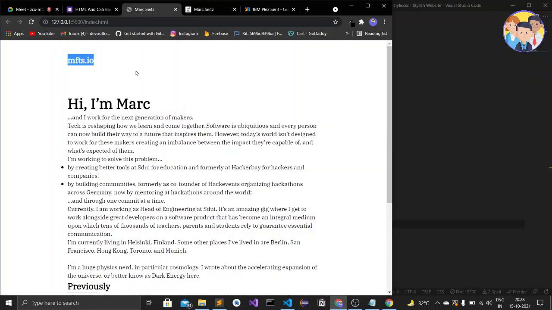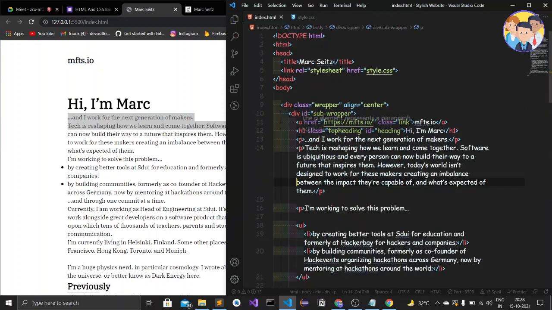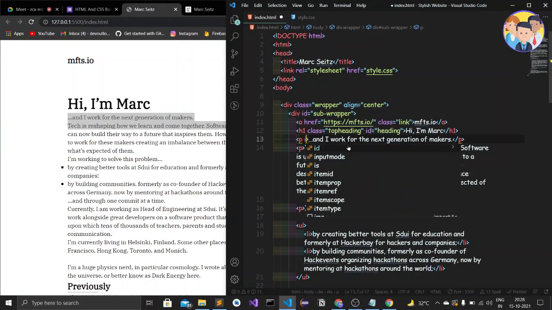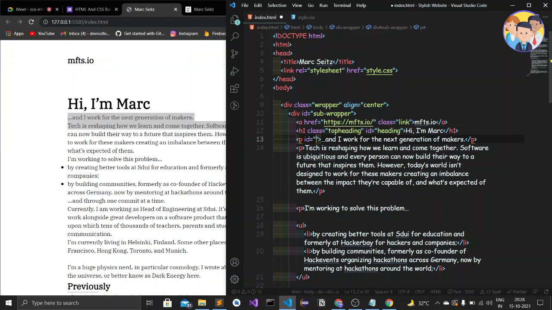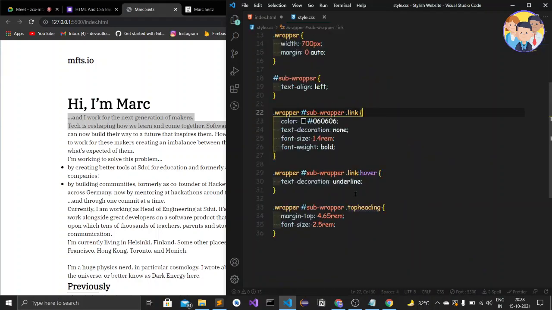Here I'll give the first paragraph a margin top. Let's give the ID name to the first paragraph as one para, and I'll copy this one and paste it here after the hash.